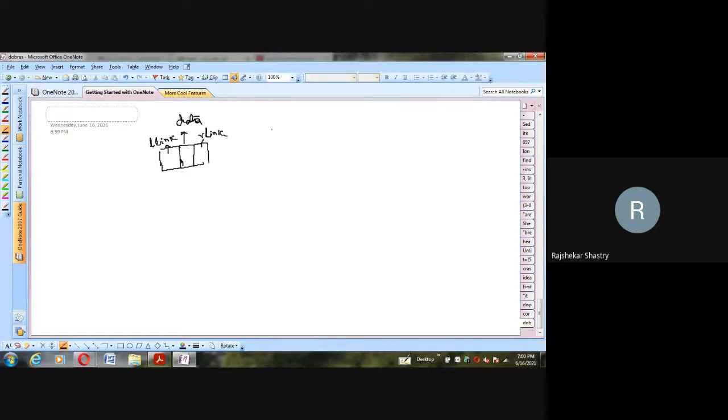So how can we declare the structure in C? struct node begin, first the left link: struct node pointer L link, meaning left link. Then an integer or any data type of data, that is the middle portion.